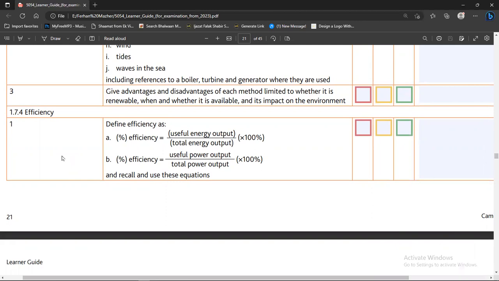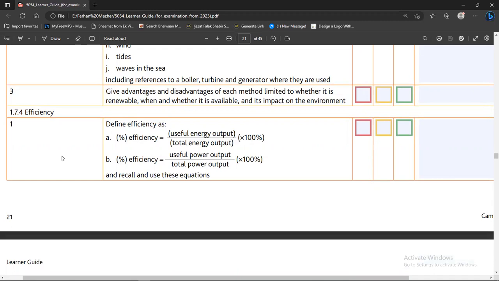The next topic is efficiency. Define efficiency: efficiency is useful energy output divided by the total energy output multiplied by 100. Efficiency has another formula, that is useful power output divided by total power output multiplied by 100. And recall and use